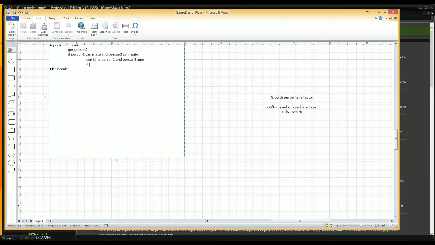If combined ages, so 32 would be when they're 16, and that's when they are ATW, or available to work,